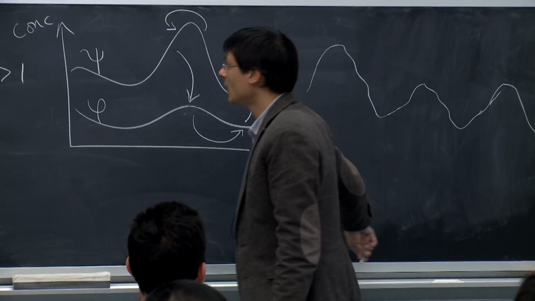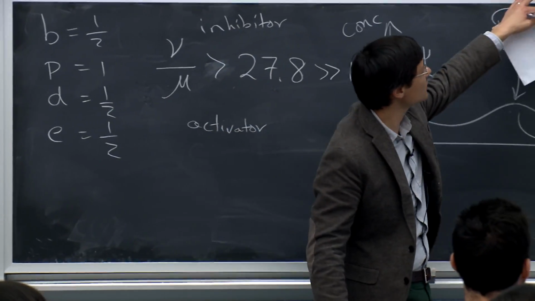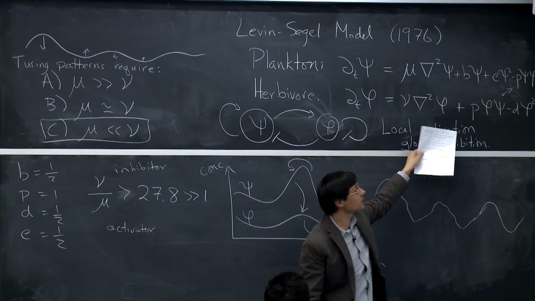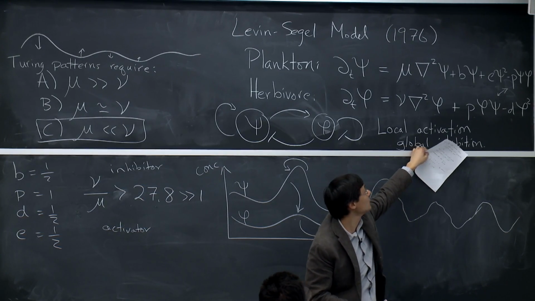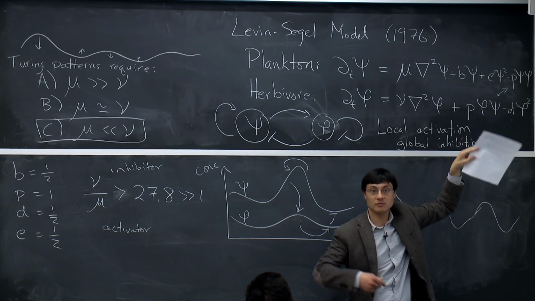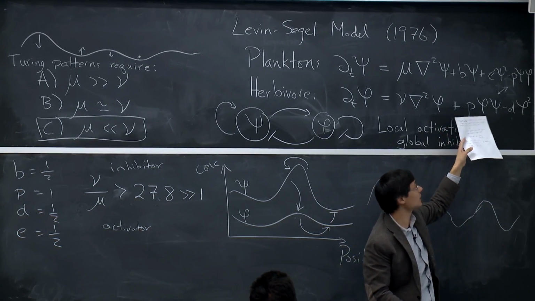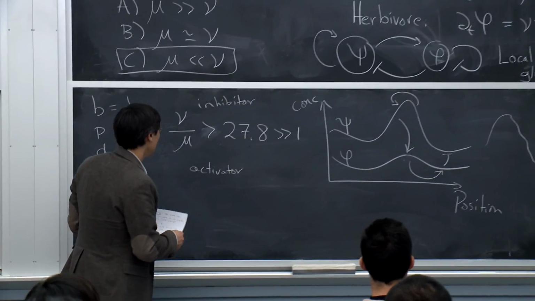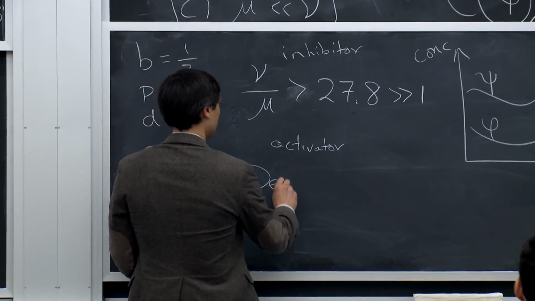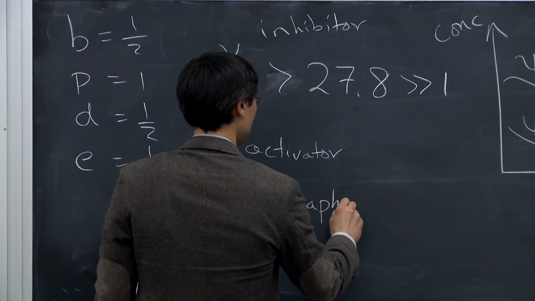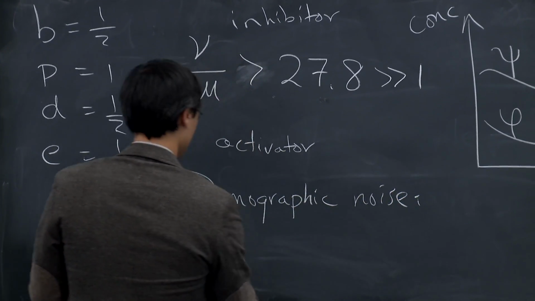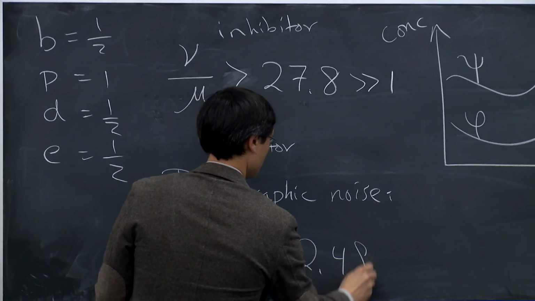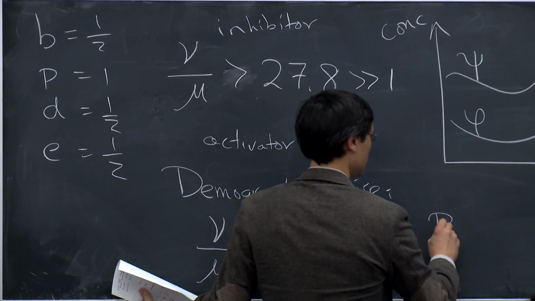Okay. And indeed, if you actually do this simulation with those parameters, where you do the explicit demographic fluctuations, i.e., you take into account that this corresponds to a prey giving birth, this corresponds to a predator eating a prey, random events, just like what we've done in the context of a Gillespie simulation, then what you find is that with demographic fluctuations, or demographic noise, the condition here, nu over mu, is only 2.48. And indeed, in Butler and Goldenfeld,